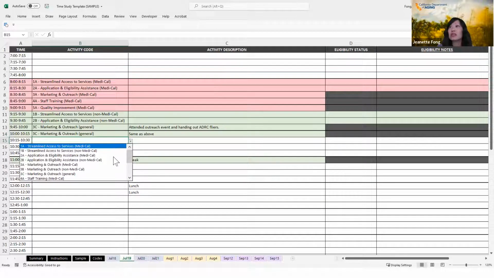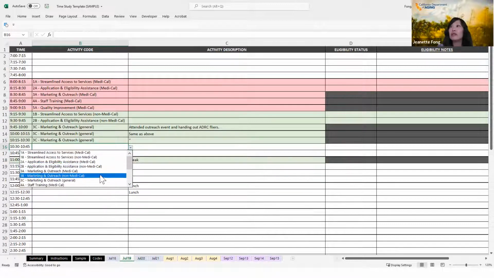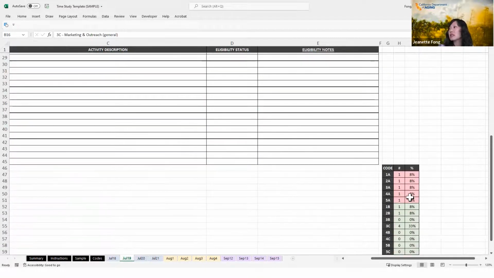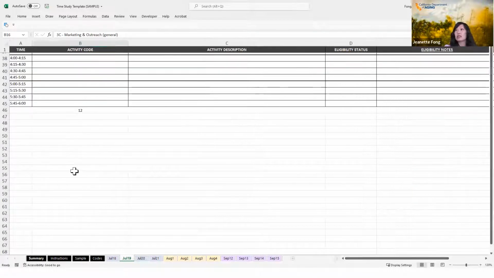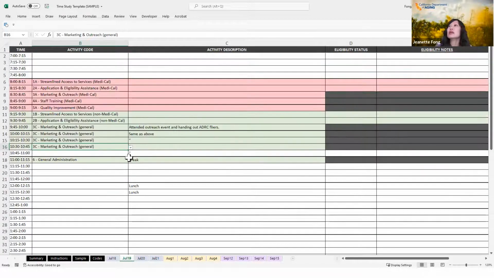That's important too, because remember, each of these 15-minute increments are being weighted equally, and all of those need to be tallied and reflected in the little summary chart here, because this is the only way the data is going to get pulled into, again, the summary tab. Okay, so paid time only. And if you're doing the same thing over and over again, just keep using the same code, but you can do shortcuts on the description itself.